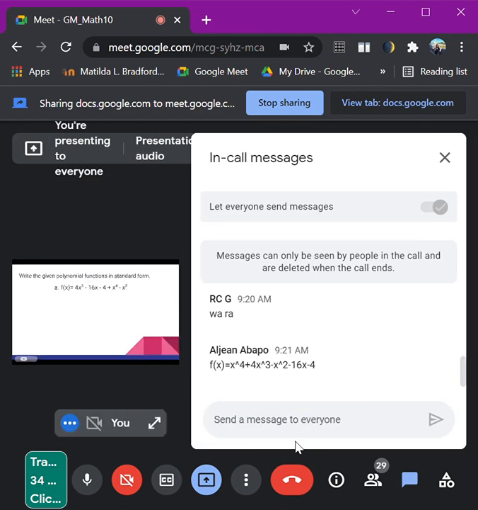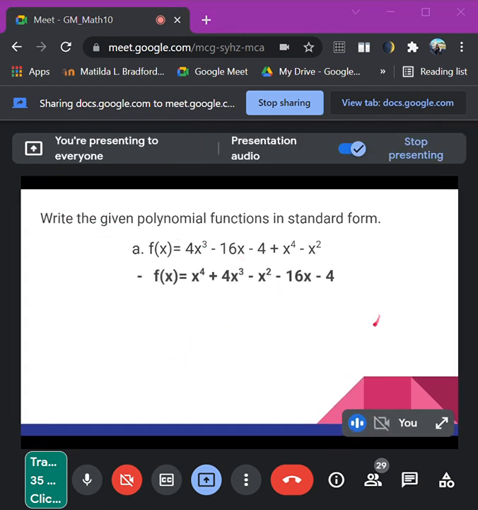Okay, naa nay answer sa chat. F of x is equals to x raised to the power of 4 plus 4x raised to the power of 3 minus x squared minus 16x minus 4. We have as well from Herona and Scaro. Okay, and your answers are correct. Okay, so remember class, if we are going to change your polynomial function into a standard form,